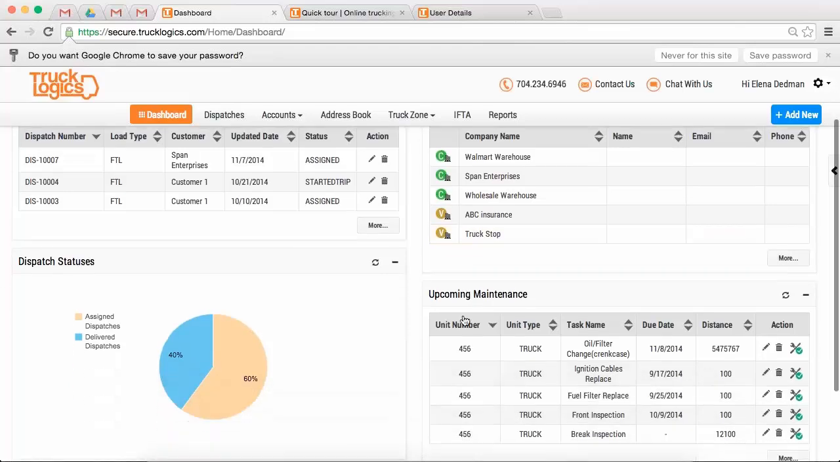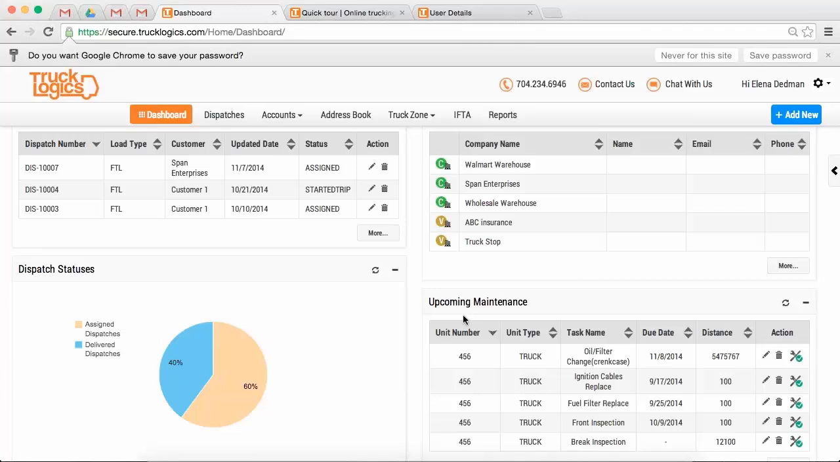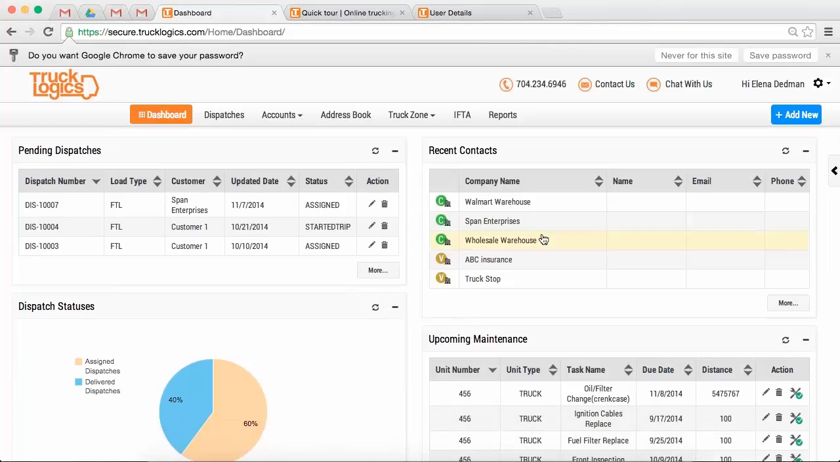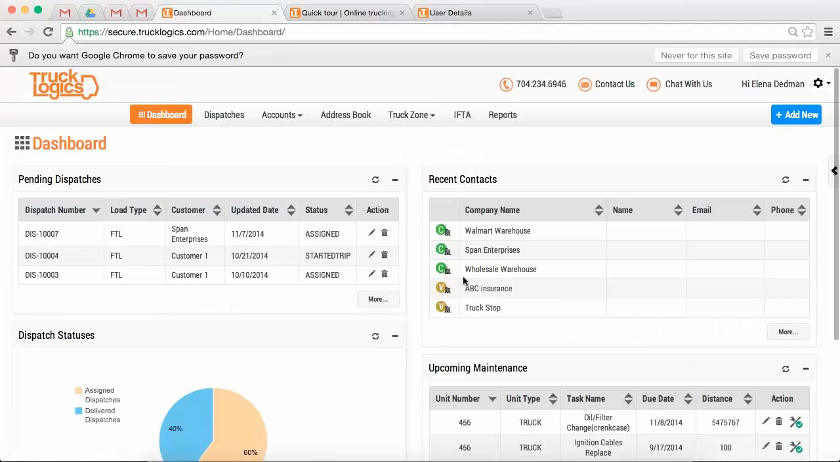I'm actually at the dashboard. The dashboard is a snapshot of what is happening in your business today. Your pending dispatches, recent contacts, upcoming maintenance, and dispatch statuses. So this cute little pie chart tells you how many you have assigned, how many delivered, and so forth. But let's go ahead and take a look at the